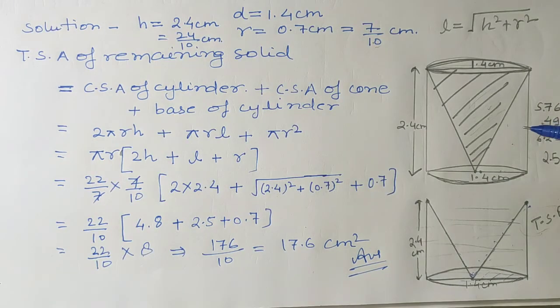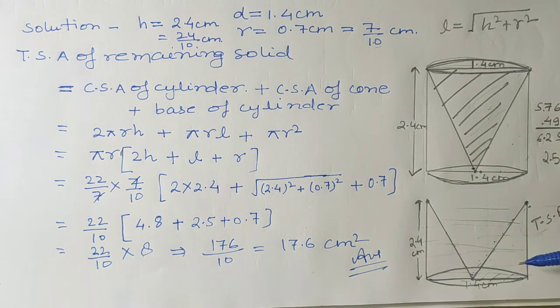See, nothing tough was there in this question, okay. Only it was given that there is a cylinder and one conical cavity is cut out whose diameter is the same as the cylinder, height is the same as the cylinder, okay. So from this cylinder, this conical cavity is cut out, and since a conical cavity is cut out, then a conical shape will be formed there, okay. A conical surface will be formed there, okay.